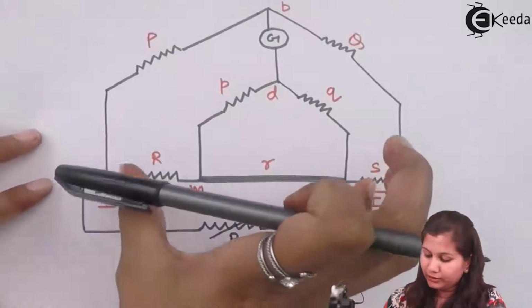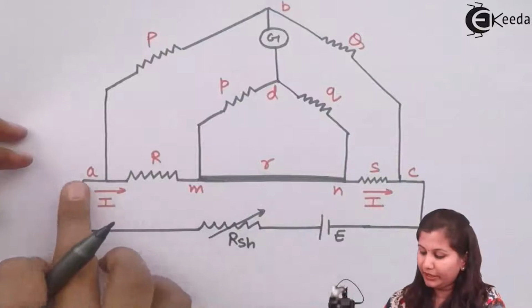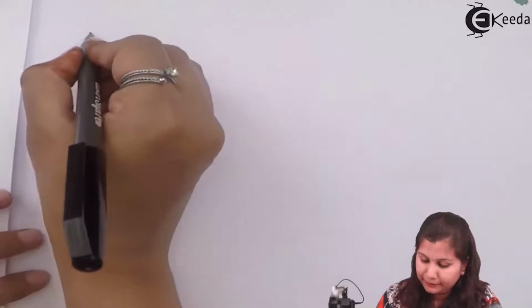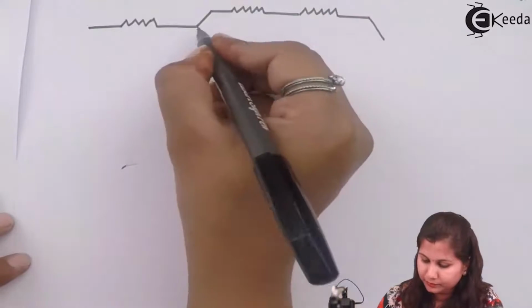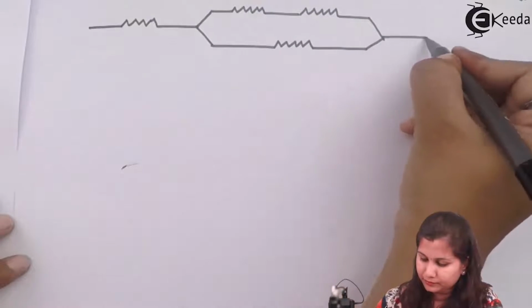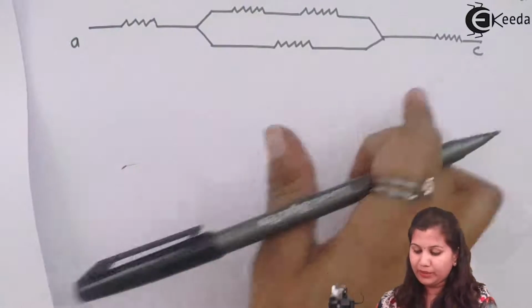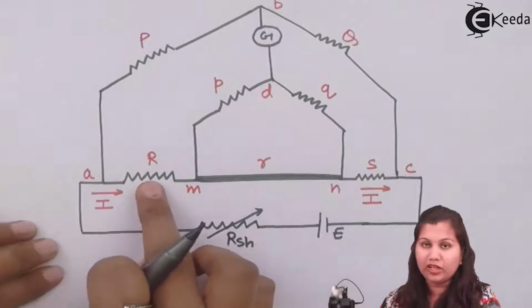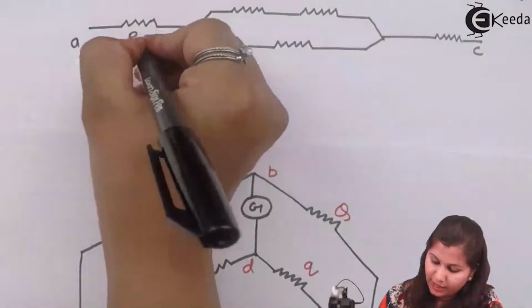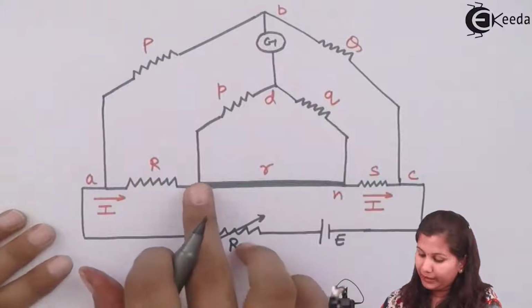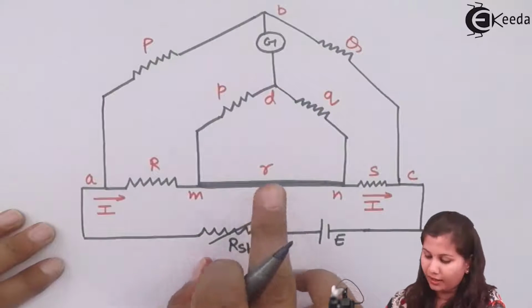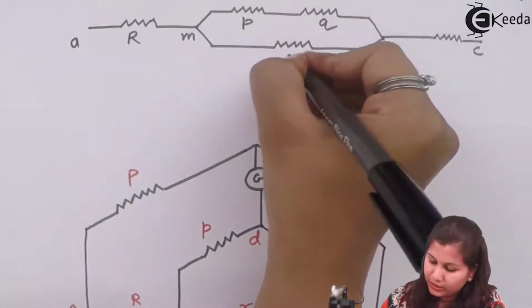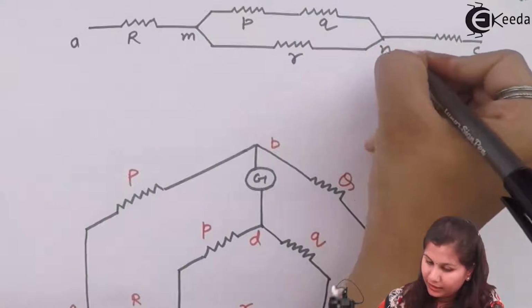So if we draw the diagram for the resistance in between the point A and C, it will be like this. This is point A, this is point C. In between A and M, we have the resistance R. So this is R, this is point M. Between M and N, we have P and Q, which are in series, and in parallel, we have R. So this is P, this is Q, this is R, this is the point N,